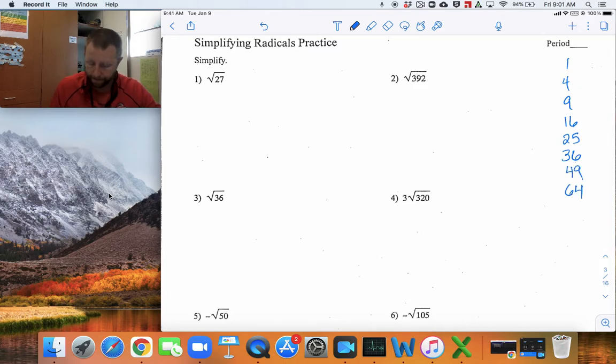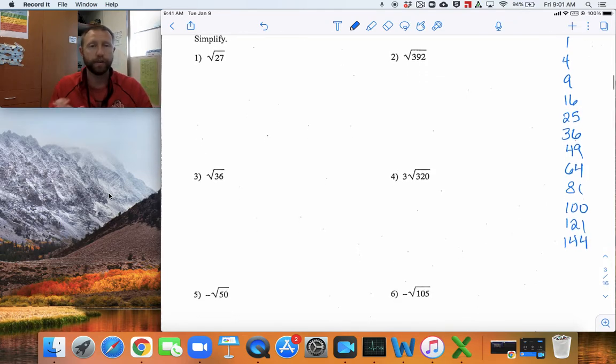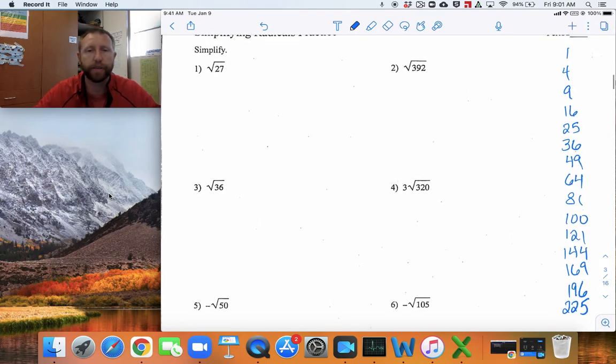See if you can beat me. 81, 100. 11 times 11 is 121. And then 144 is 12 times 12. And now it's just those 13s and 14s. Remember, the digits just switch at the end. So it's 169, 196, and then finally 225. So again, having all of those perfect squares off to the side is going to help me check